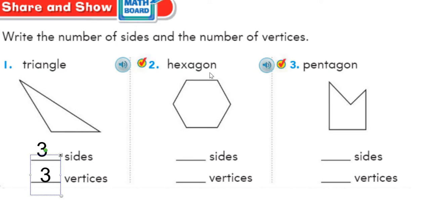Hexagon, the only hard part about this is remembering these words. Like, a hexagon means 6 sides, a pentagon means 5 sides, and a quadrilateral means 4 sides. So this is just practice on these words, really, because I think that you understand that it has just as many vertices as it does sides. And then a pentagon, 1, 2, 3, 4, 5, not the way that we have been making our pentagons in second grade, but it is 5 sides and 5 vertices. Okay,